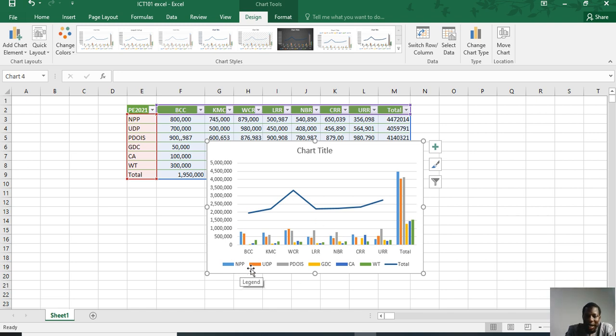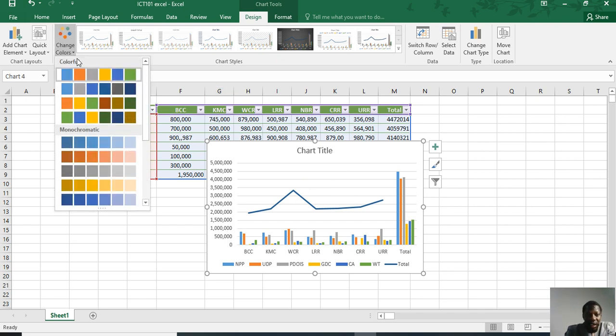And then we see data bars: the NPP has the blue color, UDP this color, PDIS this color, GDC this color. Anyway, just to let you know, this is just a prediction, just for class, nothing exceptional or any other motive apart from teaching. These values are something that I just entered randomly. I don't have time to be predicting the elections. You can also choose the colors here and differentiate them. I don't even want to change the colors for a particular party. I just leave it like that to show you that it's just a